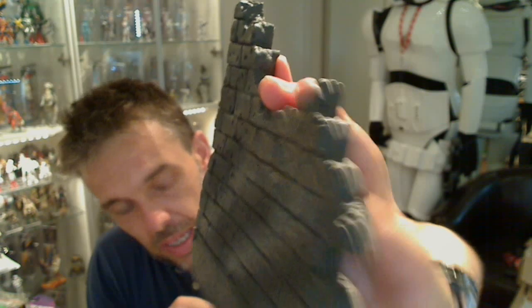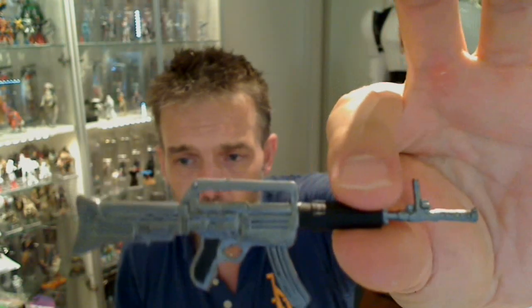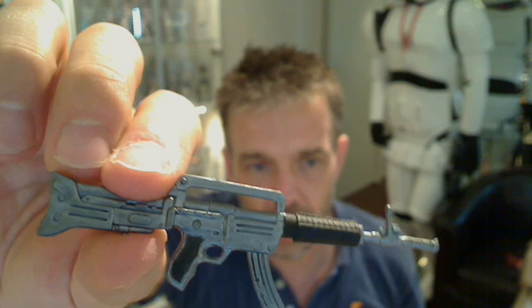But a great little piece it is, and Deadpool himself comes with a ton of accessories, it should be said. He comes with a rather awesome machine gun, which is where I think some of these bullets were coming from. Let's have a sharper look at that. Not a great deal of detail going on, but there's enough there for a Marvel Select figure. So he is about